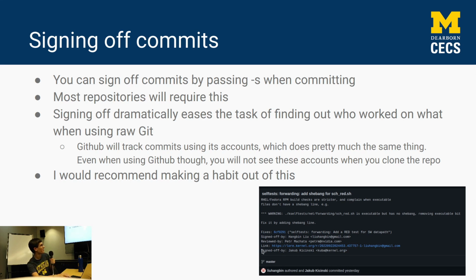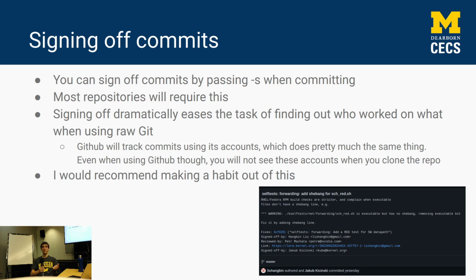Maybe it's kind of small, but it shows signed off by the name, the email, reviewed by, signed off by. Just adding this tac s, whoever did work for this commit or PR on GitHub will be added to the sign-offs. And while on GitHub this seems pretty useless because you can just click on their username and see who they are,